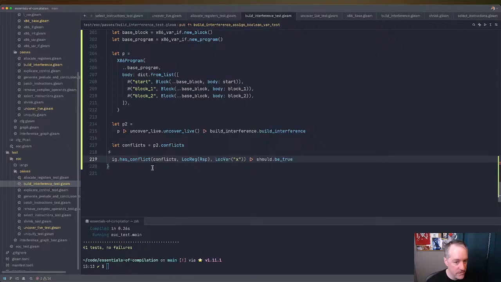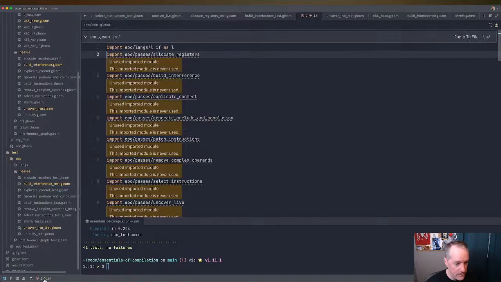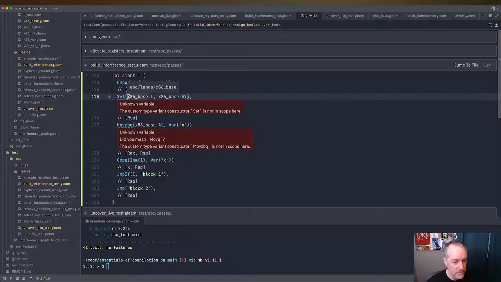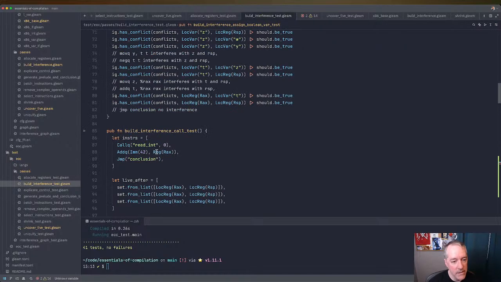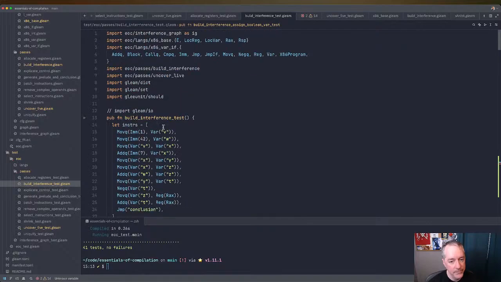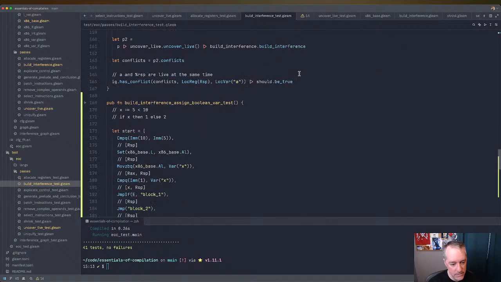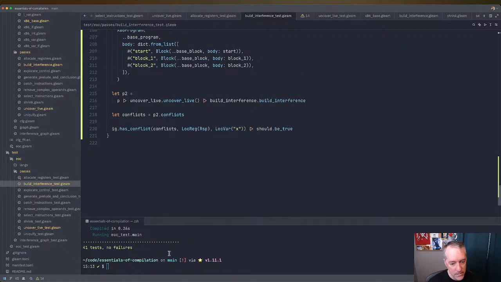All right, what's wrong with this test? It looks like it's not compiling. Okay, ignore those for now. Ignore that for now. Okay, so we need to import set and move zbq, and then that should compile. Okay. All right. So we have